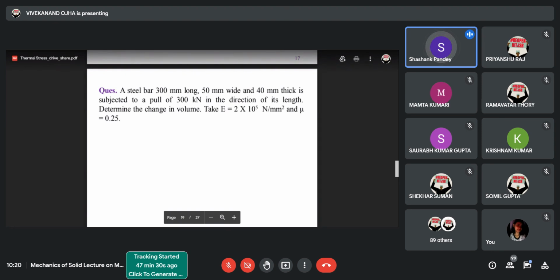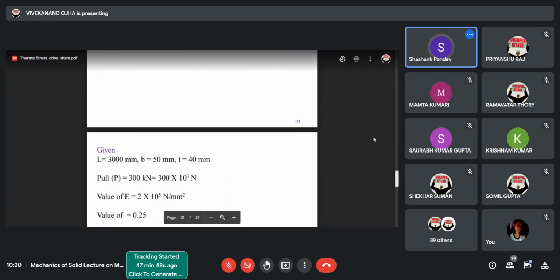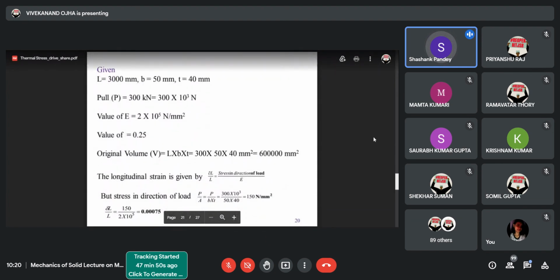Okay, so all the dimensions are given. Load is acting along the length, and the value of the elastic constant is given to us. So we have to determine the change in volume. So let us proceed for this. These are the given values. We can calculate the longitudinal strain, and once we know the longitudinal strain,